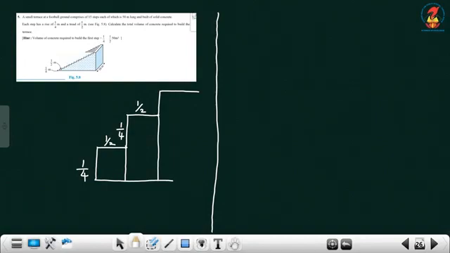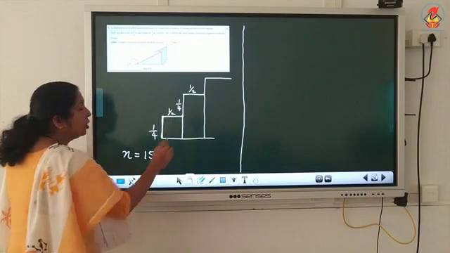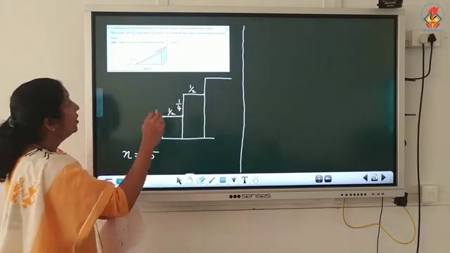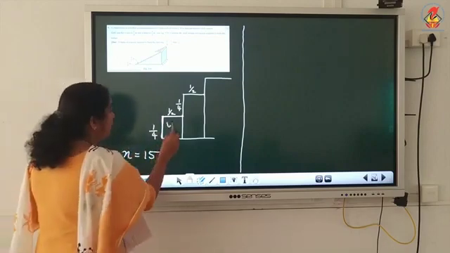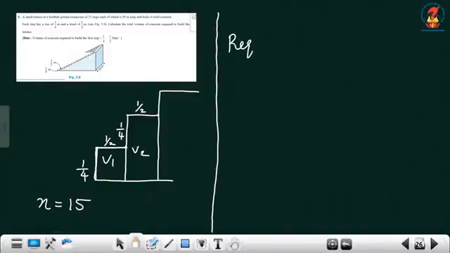So how many steps are there? 15 steps, in which this height is given as 1/4 and this is given as 1/2 and the width is given as 50. So each is a cuboid. So we have to find the volume of concrete required. That means the volume of each of these you have to find. So required volume is equal to